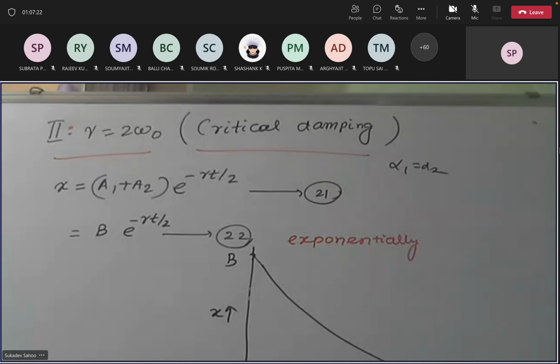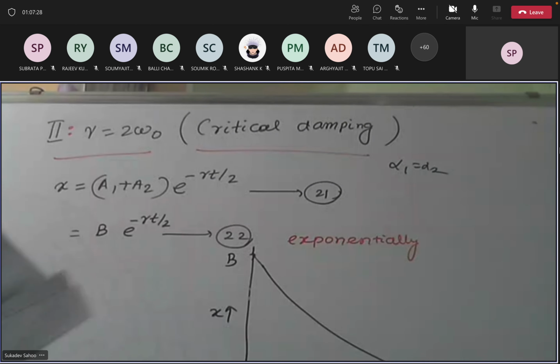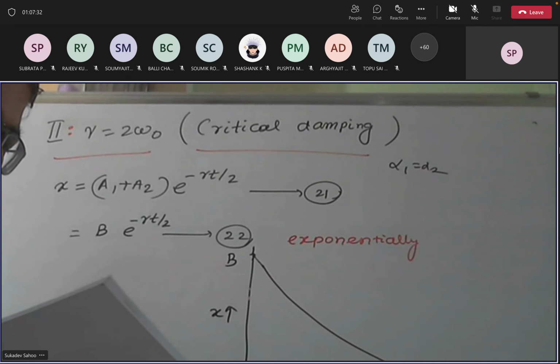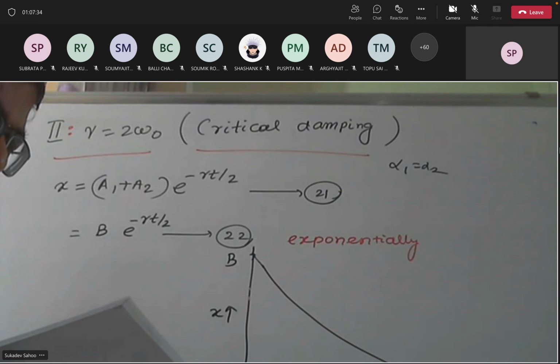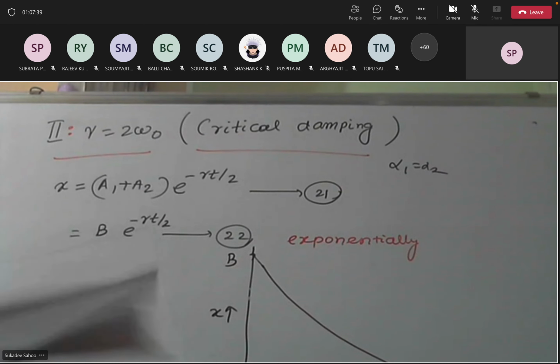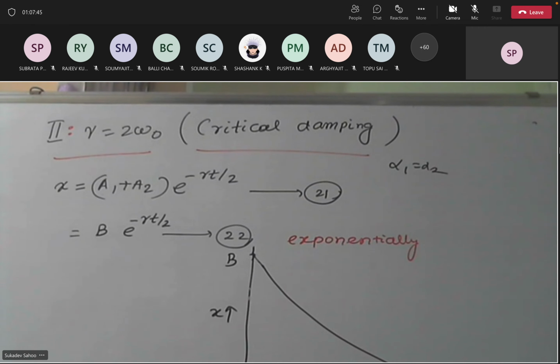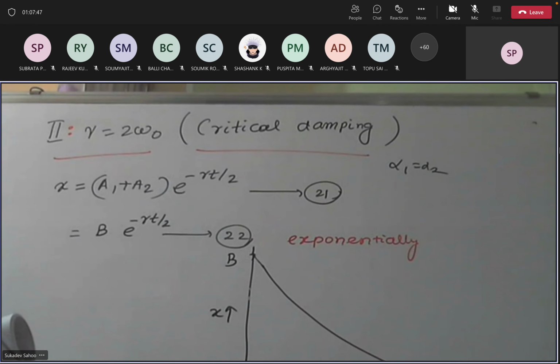So you will see that the rate of fall of displacement, if you want, you can note down one point: the rate of fall of displacement is much steeper in the case of a critically damped motion than in the case of overdamped